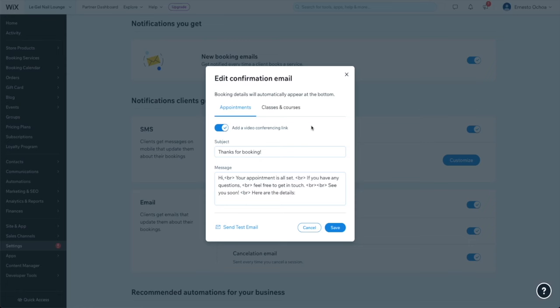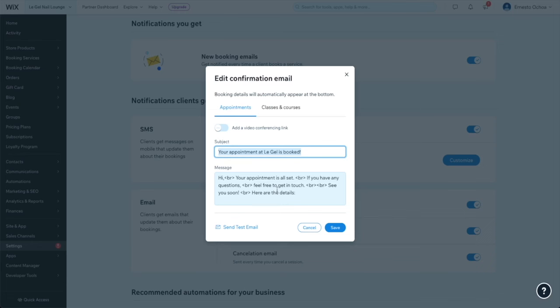But keep in mind that this is the message that all of your clients will get for each, no matter which specific service they booked. So you'll want to add details without getting too specific. So now, for my appointments, my clients will always be coming in person, so I won't include a video link. People are always likely to open an email if they know who it's from and what it's about. So I'm going to make that really clear in my subject line. And I want to make sure they know how to get their session, so I'll add my address in my message too.